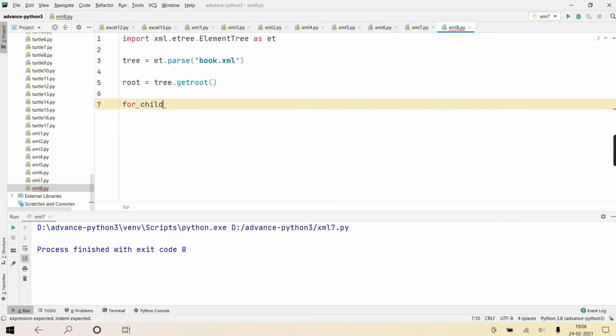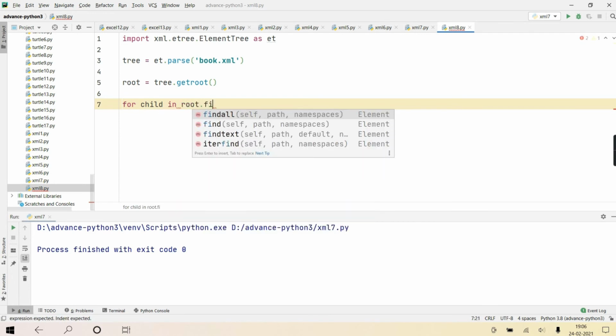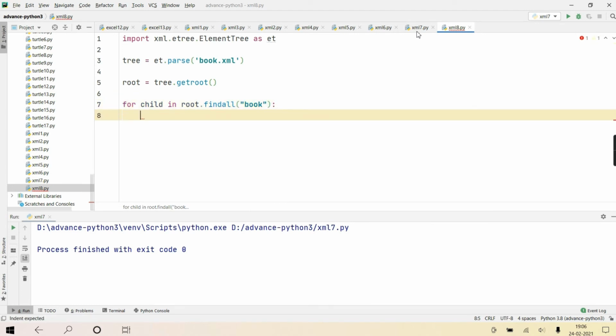Now for child in root.findall, and suppose I give book. Will it return all the children of root, but not the immediate children's children, because I've used findall. So it will return all the child elements of root with the tag name book, and then each child will come in this child.